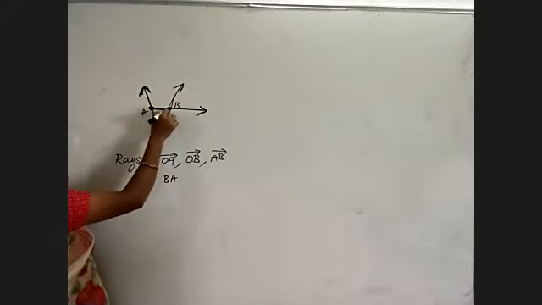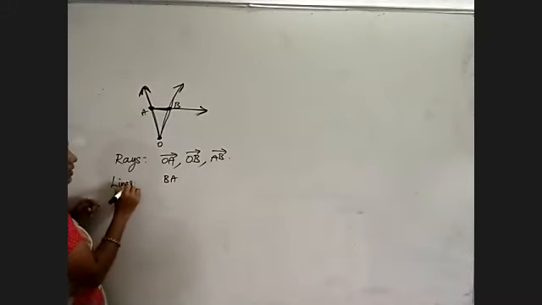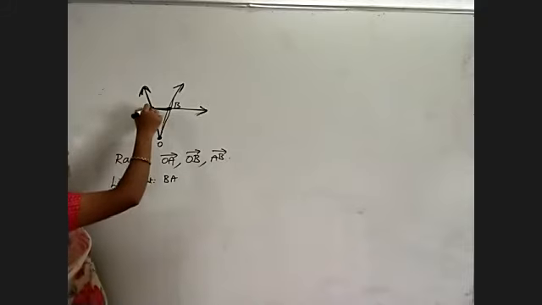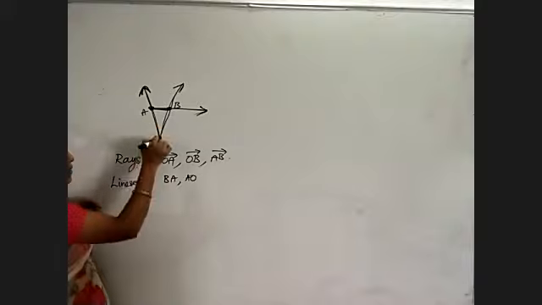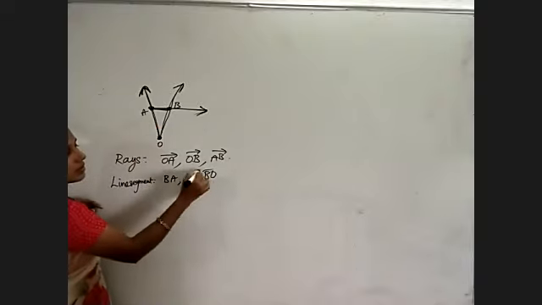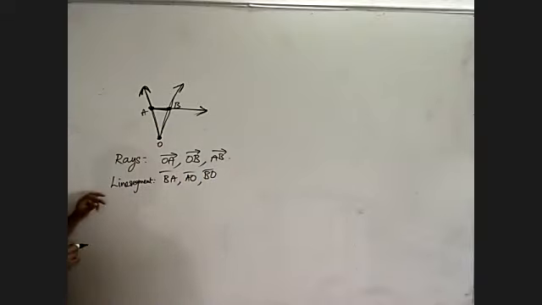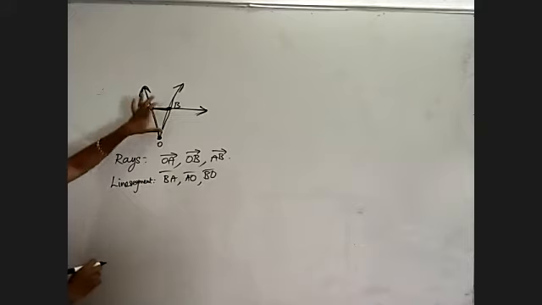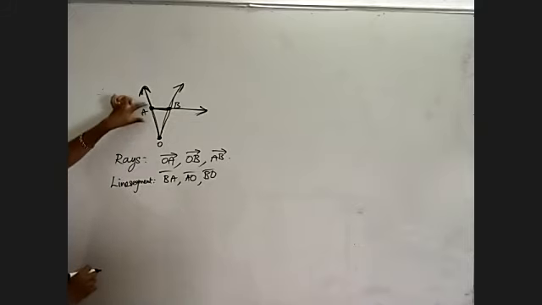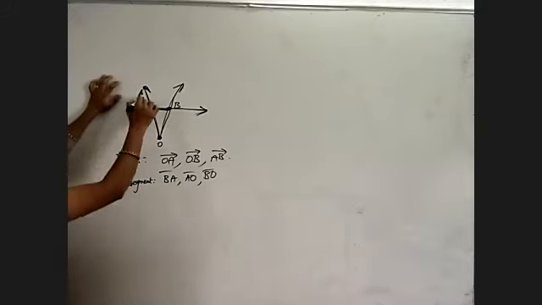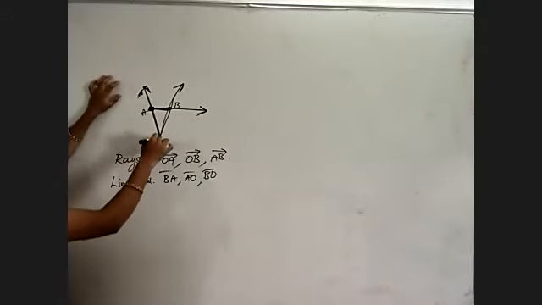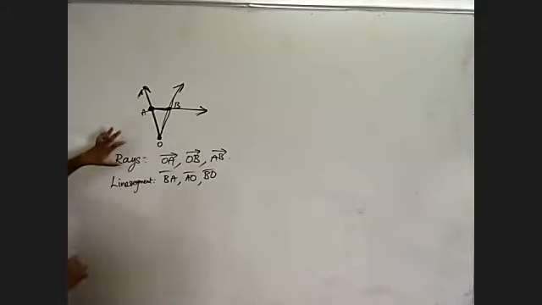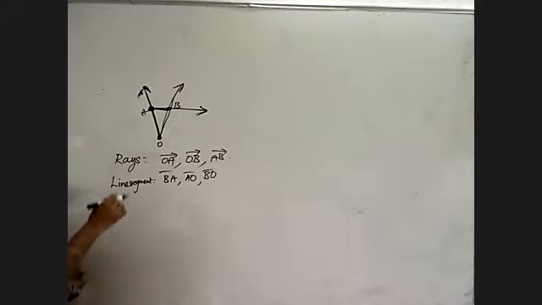And what about BA? BA, 2 endpoints are there. So it is a line segment. And next AO is a line segment. BO is a line segment. Understand? Because we are having two endpoints here. But while coming to OA, it is moving in A direction. And while I am reversing, I am starting at A itself and it is ending at O. So it is a line segment. Understood? So here 3 rays and 3 line segments are possible in this figure.